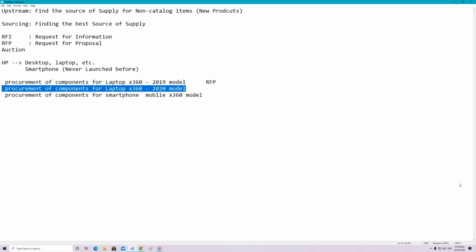Okay. Now, the majority of you are saying RFI. Some of you are saying a combination of both RFI and RFP. Now, first of all, let's go ahead with the RFI. See, what I'm trying to do is logically understand it: which one particular solution we are going to use. So first of all, if I say RFI over here, RFI means what? That means I have no understanding of the components of the laptop. Is it so?